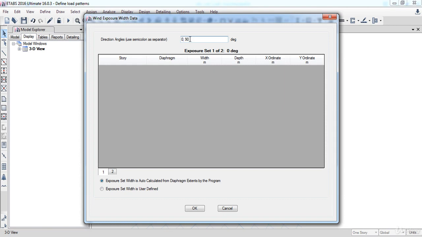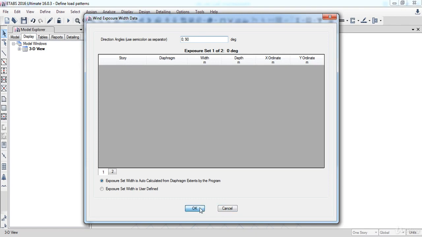So here we can see that ETABS took the wind effect in direction 0 degree, which is the X direction, and 90 degree, which is the Y direction, so that I don't need to define another wind load pattern for the Y direction. But if the building was non-uniform in plan, that means you have to add another angle